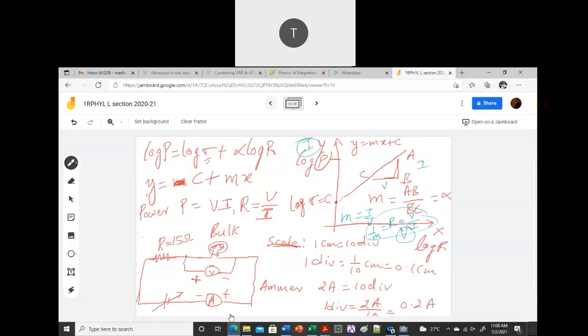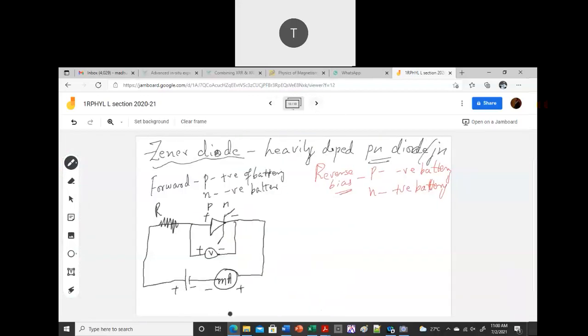You can see in most of the circuits, it will be almost similar. Even in this case, we saw the voltage is across the bulb and the ammeter is in series. In the same way we have it here. In this case also we have an ammeter in series, but here we are going to use a milliammeter, and the voltmeter will be in parallel, parallel to your Zener diode. Zener diode is our interest. Resistance is just to protect the Zener diode. So we don't worry about the voltage drop across the resistance. So this is your circuit.